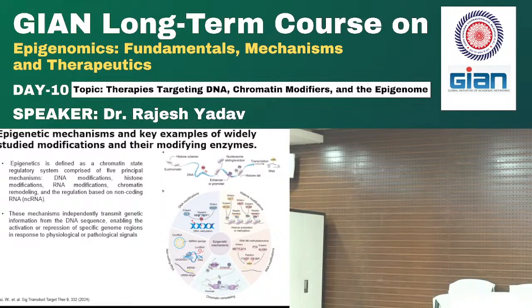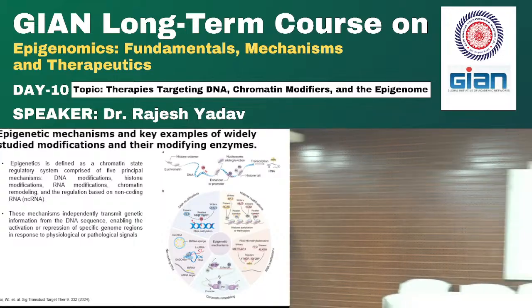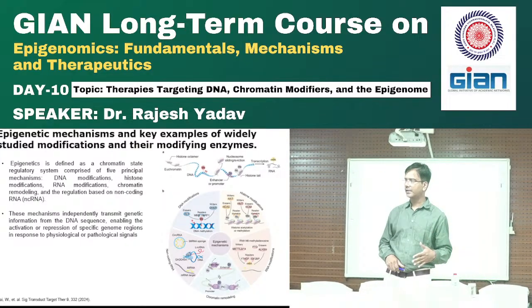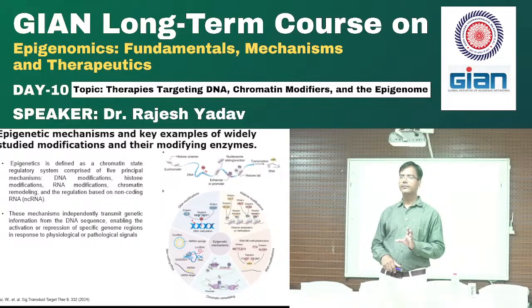So what I teach is that a chromatin modifier, whether it is an acetyltransferase or deacetylase, whether it is the H3K27 methyltransferase, any methyltransferase or demethylase, could be involved in the activity of a tumor suppressor or oncogene, or could target the genes which are responsible for the